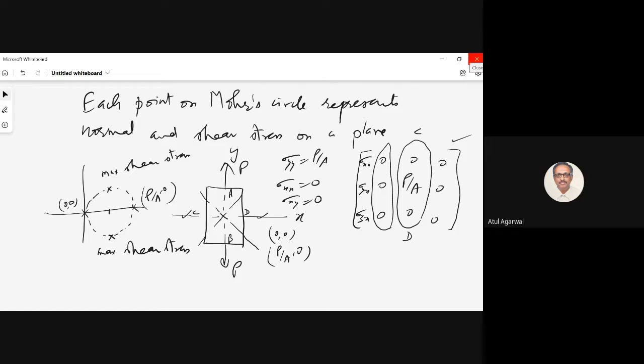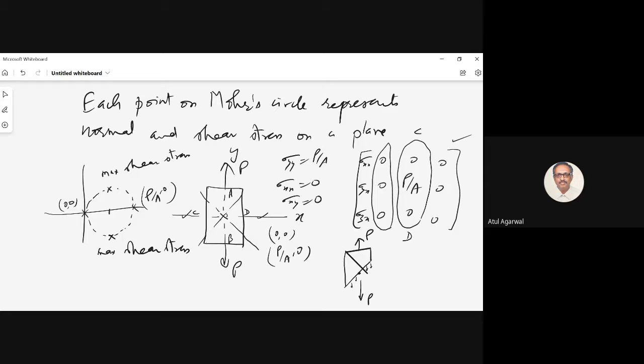I think I had done already all this, that as you keep changing the plane, it will have some normal and shear stress. Suppose you draw a plane passing through this point. So you have an external force P here. A force P has to be there to balance it. On this face, you are having forces. The net effect of those forces has to balance it out. It has to be equal and opposite.